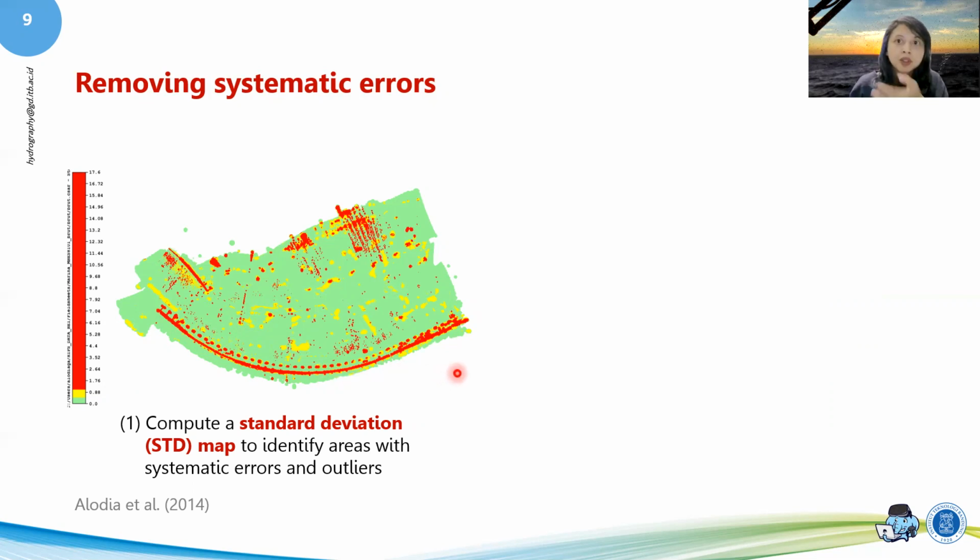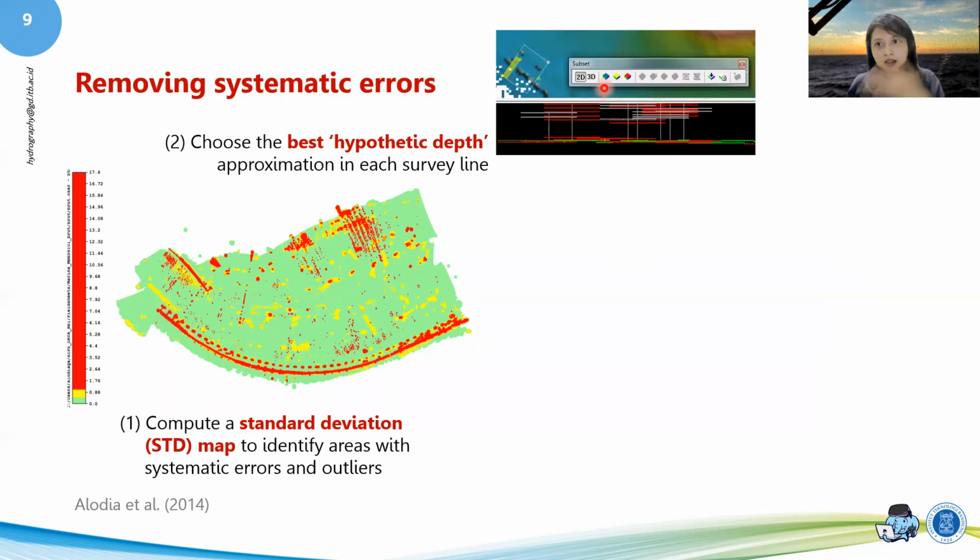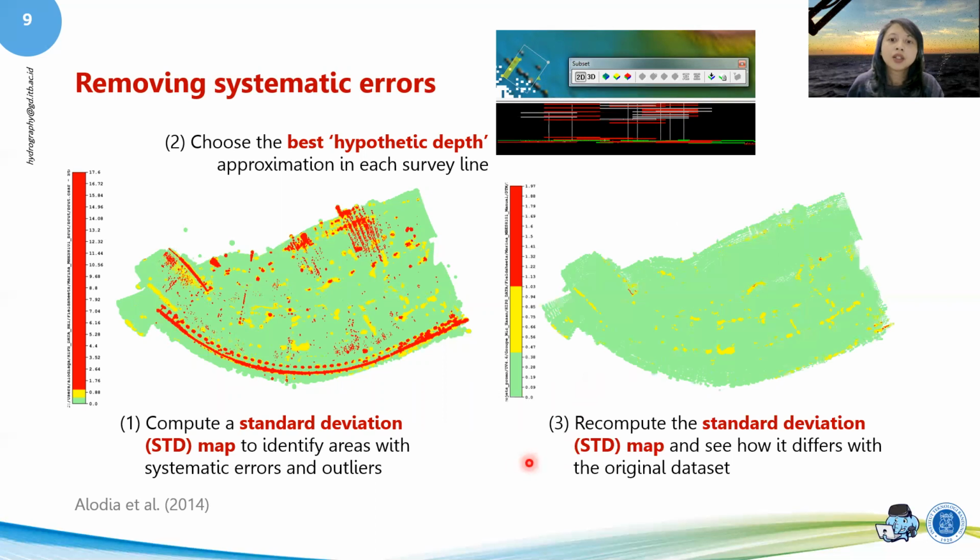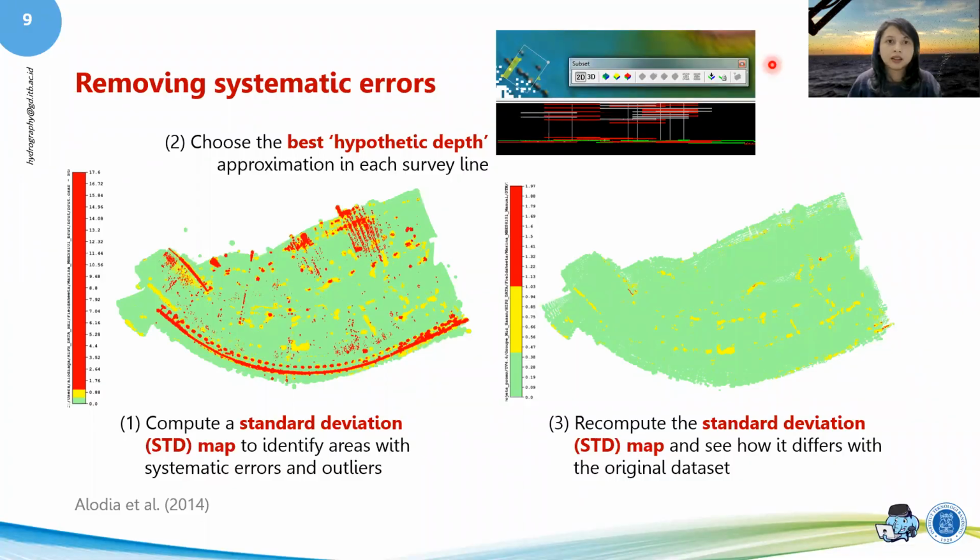So you go back to each of your survey lines, just like what we did before, and you want to choose the best hypothetical depth approximation in each survey line. So you're going to choose which one makes more sense. Of course, you want to reject everything up above in here, maybe, okay? And then afterwards, you can recompute your standard deviation and see how it looks like. Now, you compare it to the original data set, and then you've got the best value you want, okay? And then now we are going